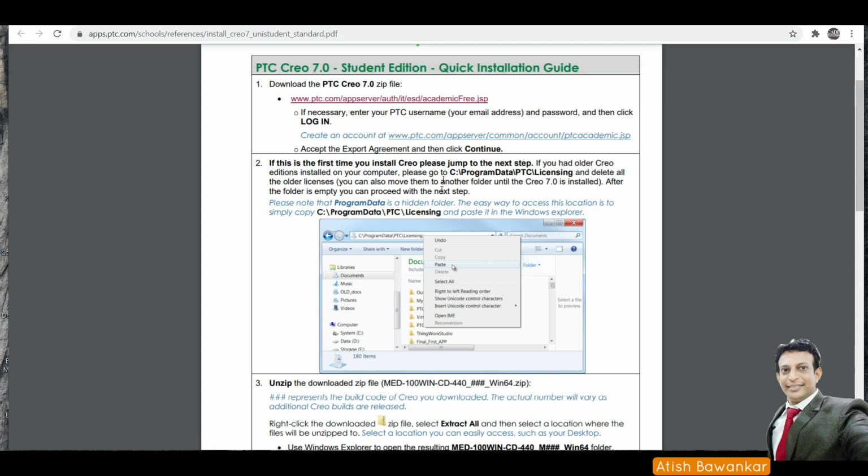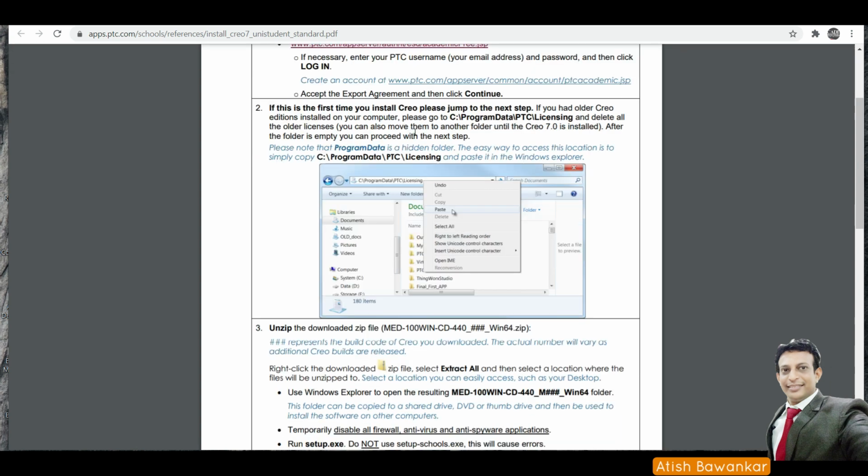The second point mentions, if you have already installed the previous version of Creo, then you must uninstall the previous version. If you don't know where the file of the previous version is located, then you just have to select C program data, PTC and licensing.